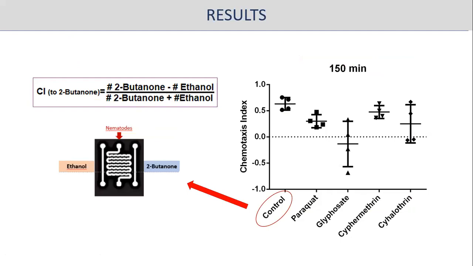As you can see, in relation to the control, the treated nematodes have a lower chemotaxis index, being more evident in the nematodes treated with glyphosate and cyhalothrin, which also have a greater dispersion. In conclusion,